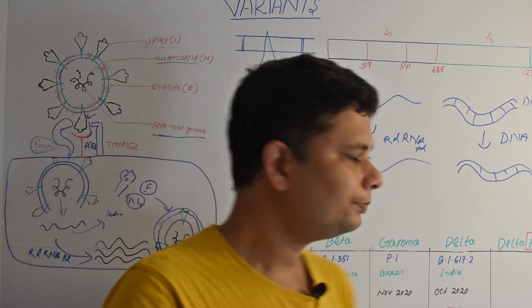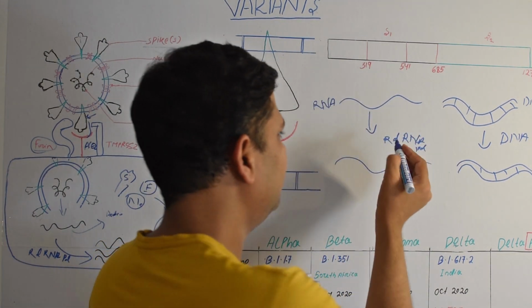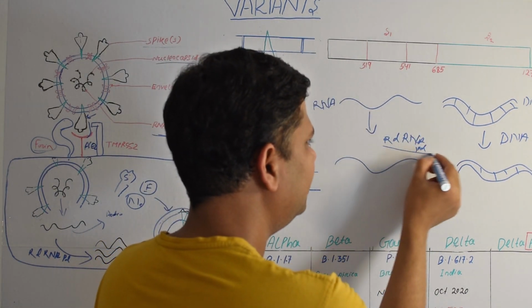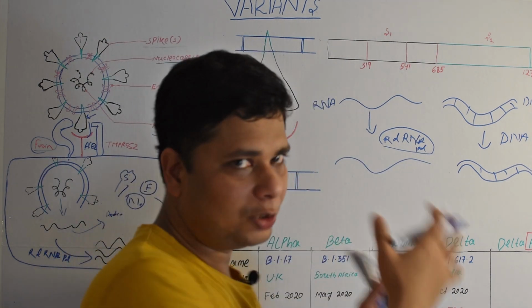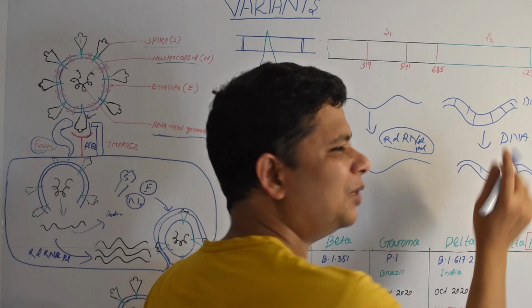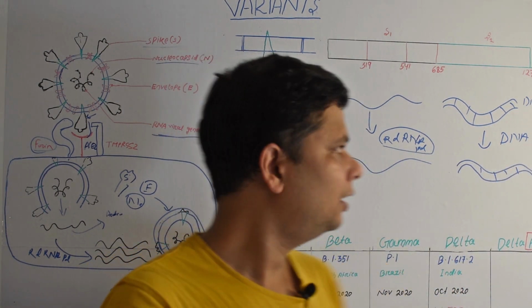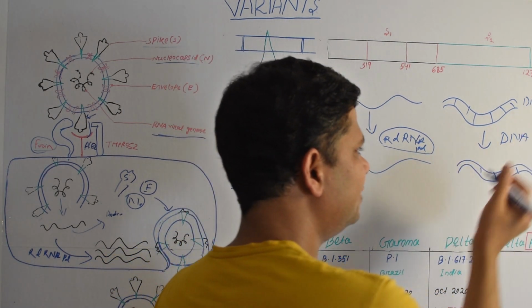Here is the problem. This RNA dependent RNA polymerase is very primitive in the evolutionary process, but DNA polymerase is very advanced. This DNA polymerase has